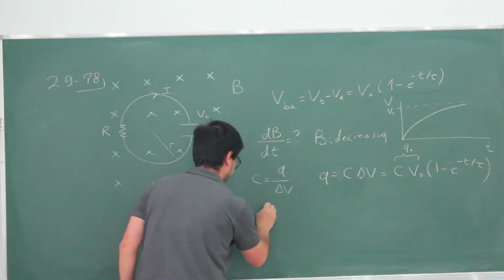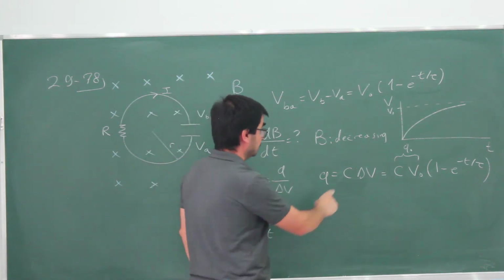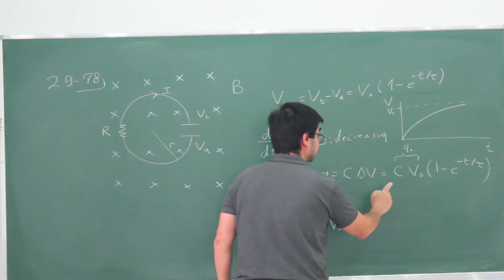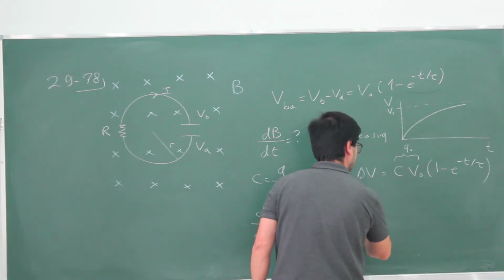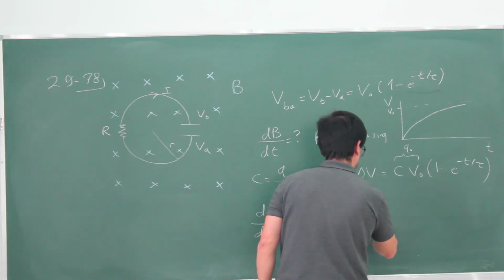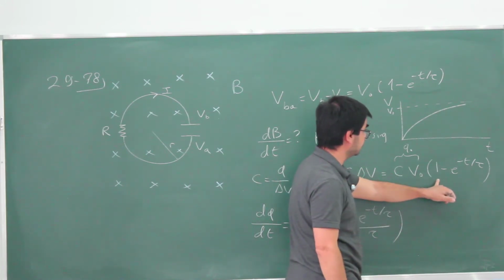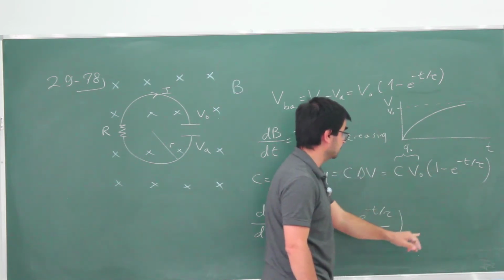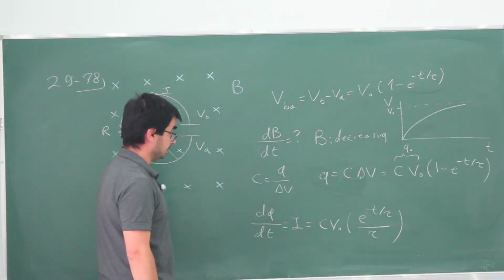So the dQ by dt is going to be our current, and that is going to be just this C V0, and the derivative of this is going to be just minus e to the minus t over tau divided by tau. Right? So the derivative of 1 is 0. This brings a factor of minus 1 over tau. This cancels partially with this minus, so it becomes plus. So this is e to the minus t over tau divided by tau. So this is my current, and this is going to correspond to some